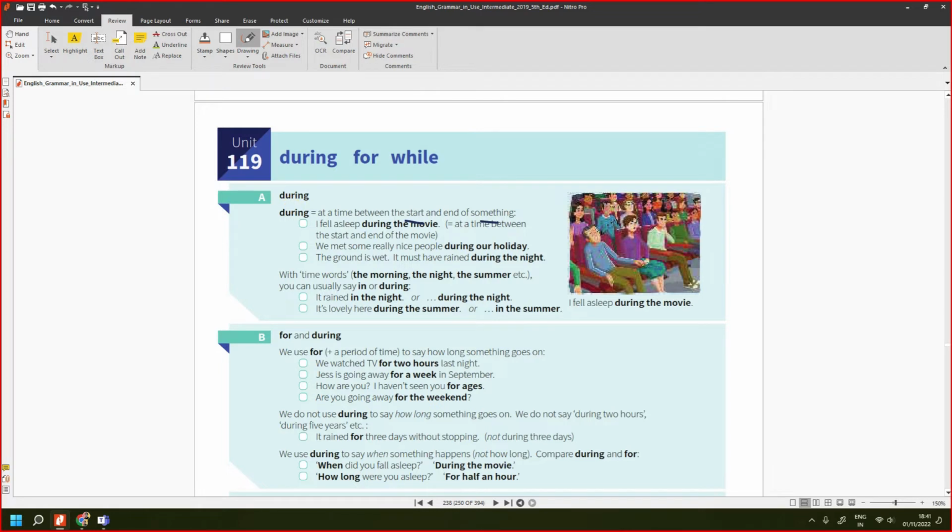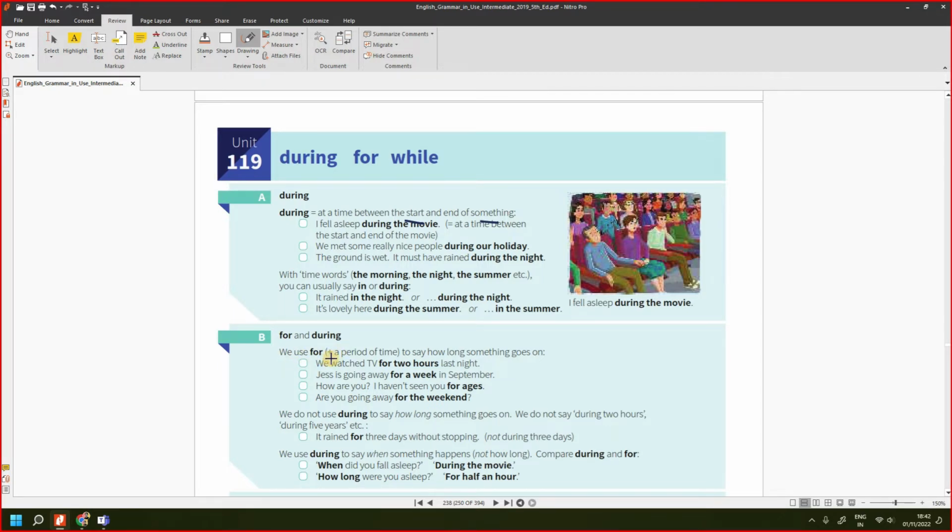I told you there are three types. One refers to time, the other refers to place, and the other refers to direction. So this is the time-referring preposition. Okay, now we'll come back again. Now for and during. What is the difference? We'll have to see what the difference is.